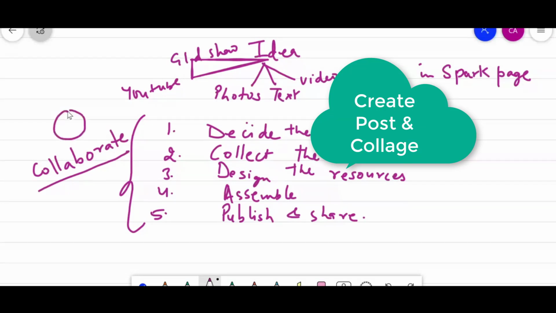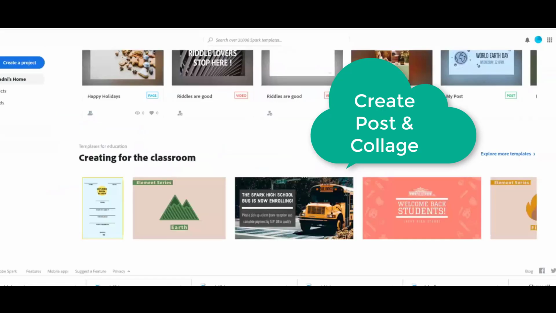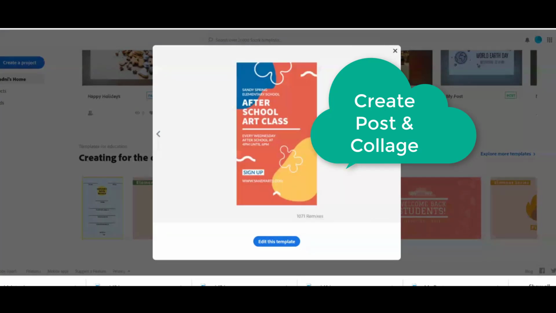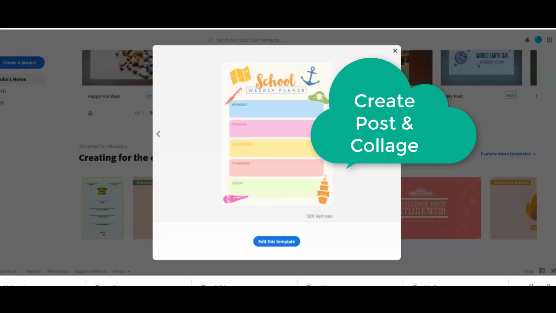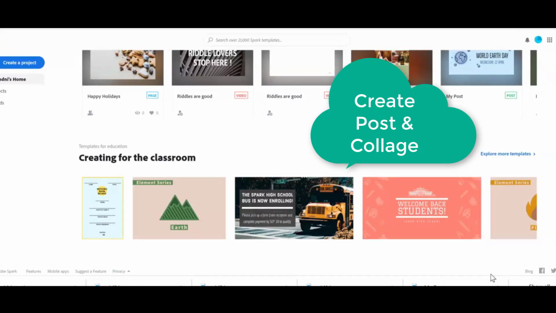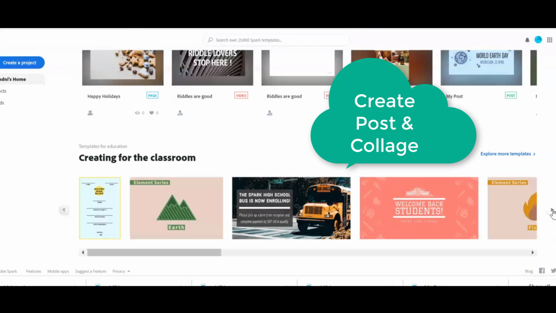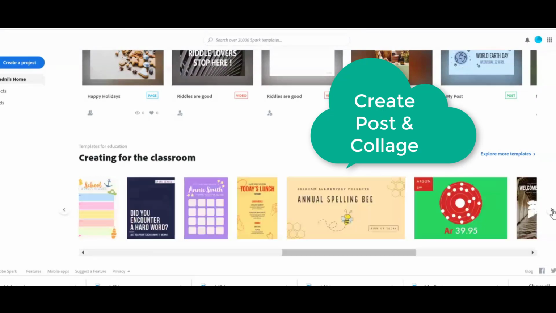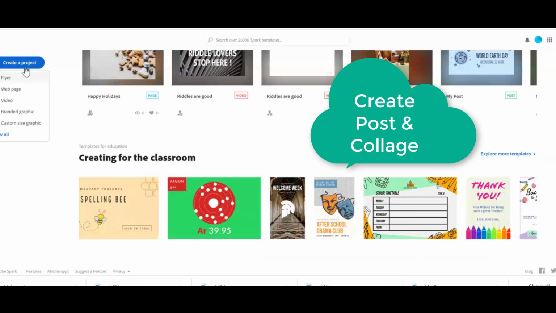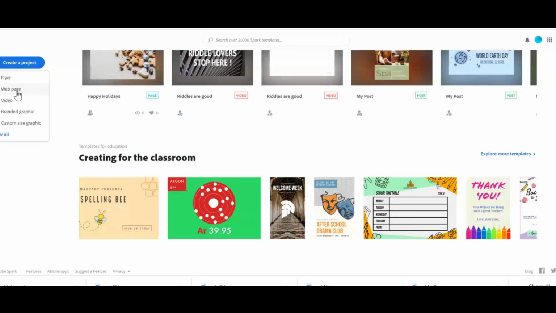So this is our key to create some good work, right? So coming back to Spark again, these are the templates which can be created by the students, and you can create anything. All creativity is all yours. We are not binding you to a topic. You can create anything, but I suggest that when you create a web page, it is a combination of all. Here you can include everything you have.